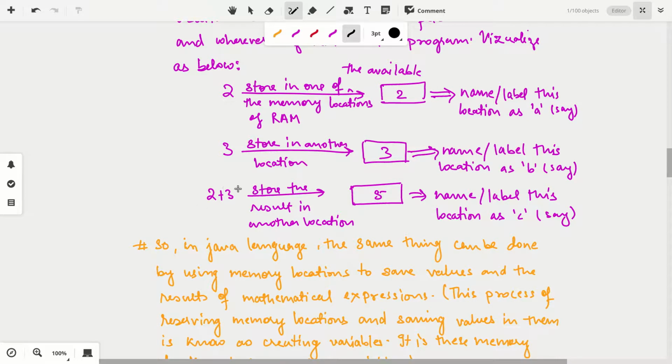Whatever result there is, you will request the computer to store it in another memory location. The computer will give you another free memory location, a third byte, and in that third box you will store that result, and then you will apply another new label to it, let's say C. Fine. Now, we have done this theoretically. How exactly to do that in Java?